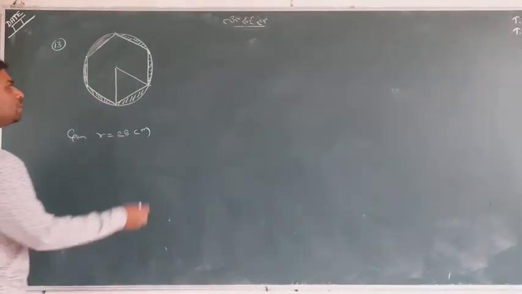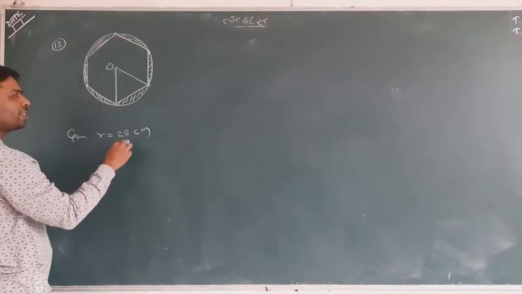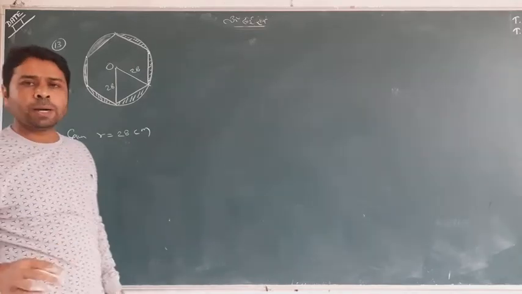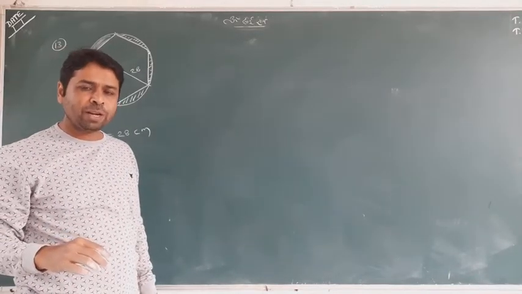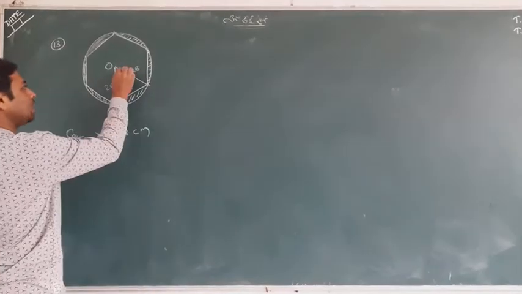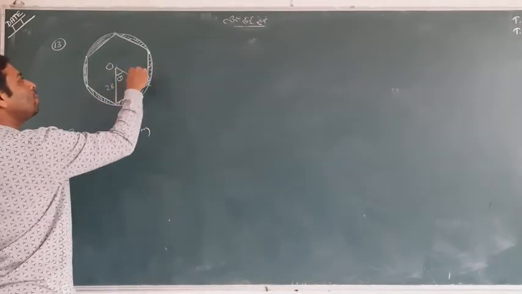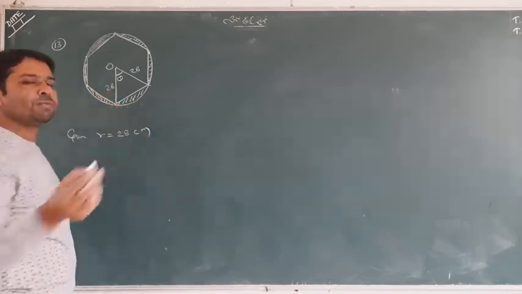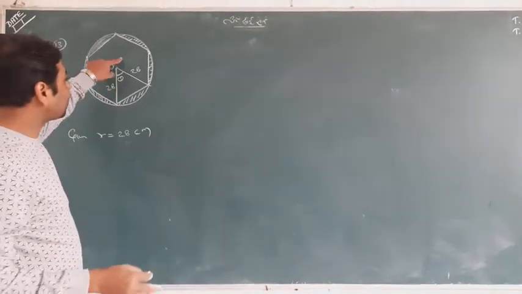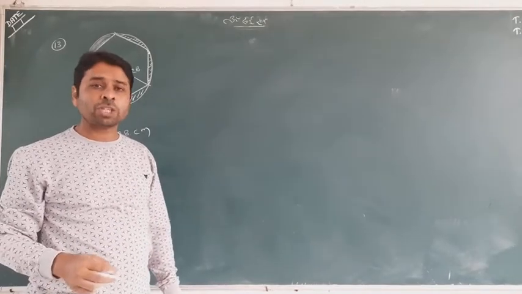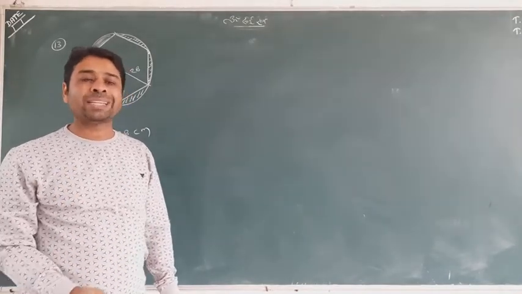Okay, how can we do this? We know the radius 28 is given, and we can easily find the particular segment area. One thing which is required is theta. So what is theta? One can understand that we have 1, 2, 3, 4, 5, 6 sectors, and the center angle is 360. Right now, I taught you only divide 360 by 6. You can get the central angle theta.